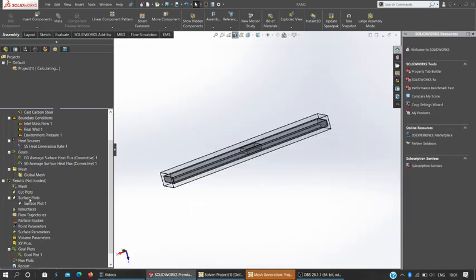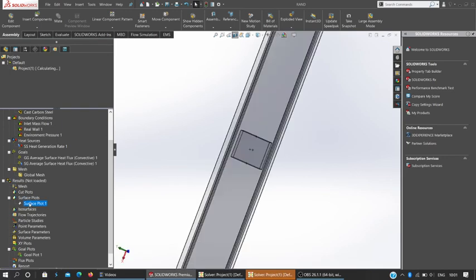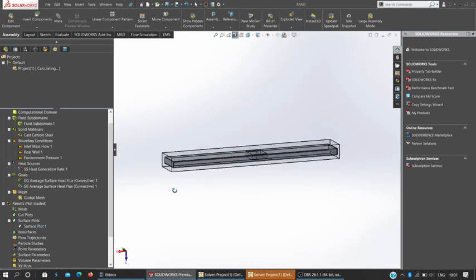So it takes some time, and after that you just have to come here and put a surface plot, for example like this, and it will tell you the temperature of these surfaces. You just have to go here and select the surfaces, and it will show the surface plot, and in the goal plot it will tell you the surface goal or heat flux coefficients, and then you will have your values. So this is how you do an analysis of conjugate heat transfer, where if you have any solid body of irregular shape and you want the convective heat transfer coefficient of the body, and it is